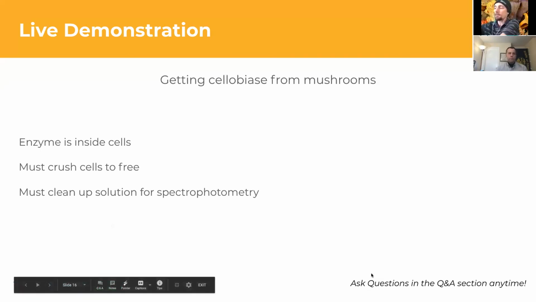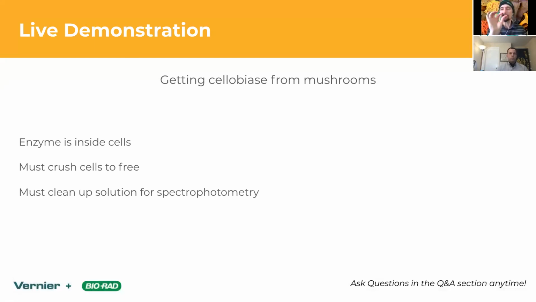So in the Bio-Rad protocol, what we have you do is get about a 2-gram piece of the mushroom, and they're going to grind that up with an extraction buffer that comes in the kit. They're going to grind it up with 2 milliliters of extraction buffer and just grind the heck out of it. I usually tell students I want you to grind for at least 1 to 2 minutes just to make sure it's all the way ground up.